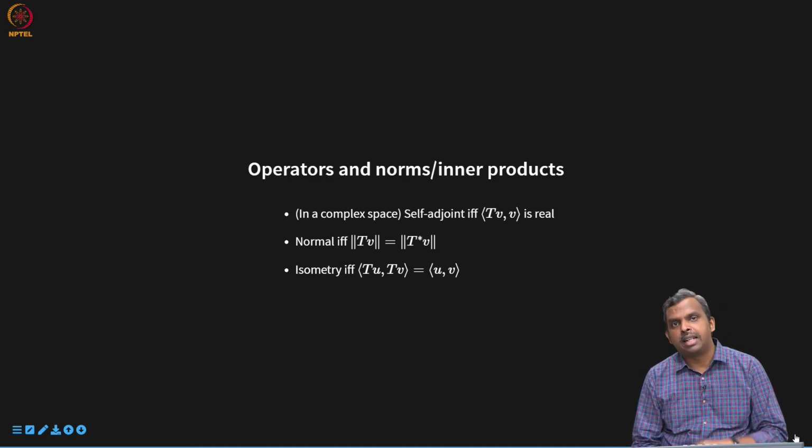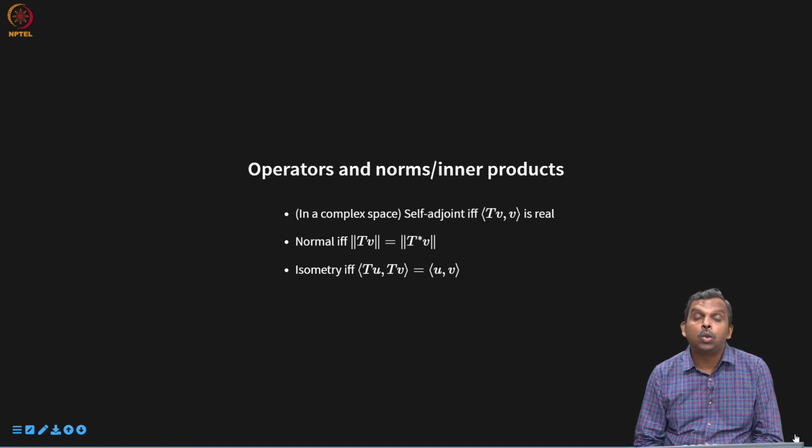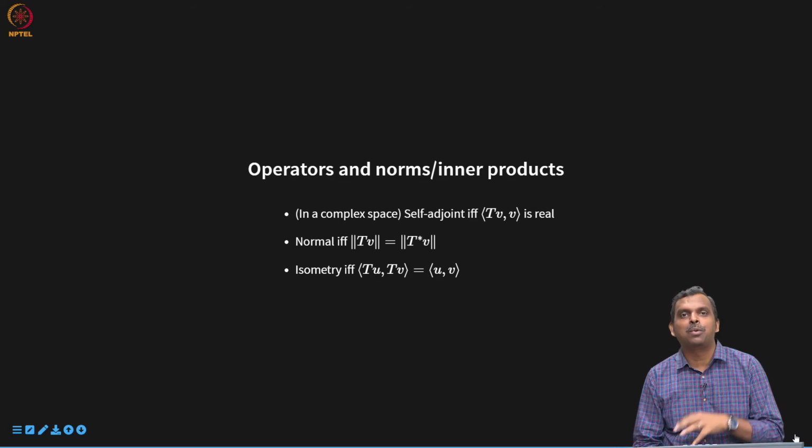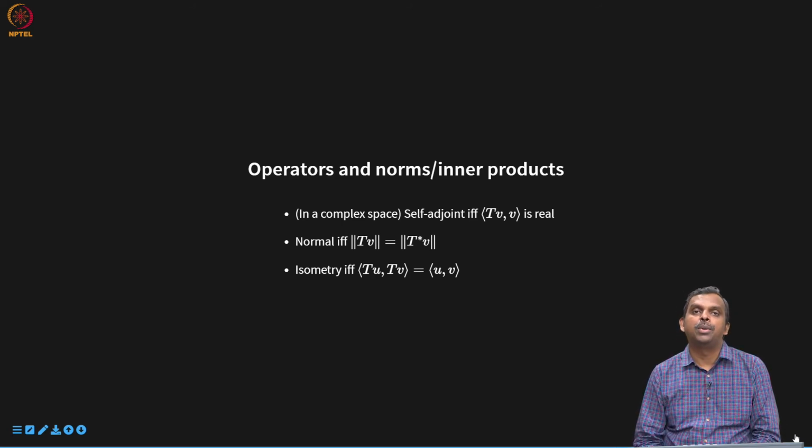Going forward, in the next week, we will study two types of decompositions of operators. The first one is called polar decomposition. It is interesting, but maybe, I mean, maybe it has applications. I have to look at it more closely. But the second one is called the singular value decomposition.